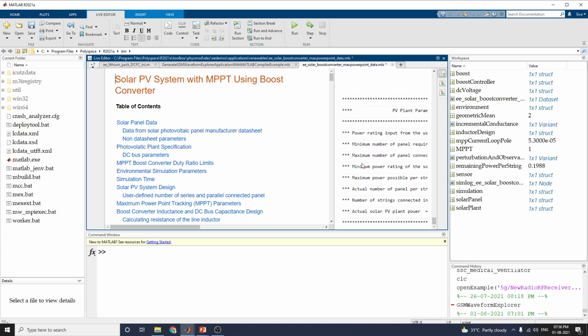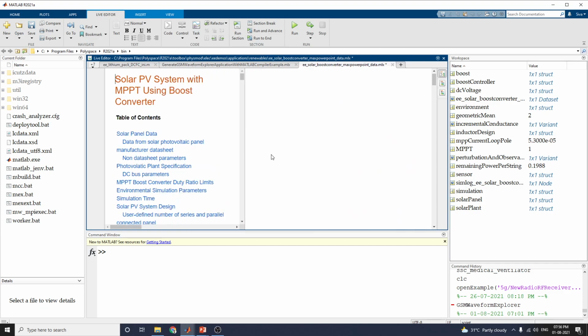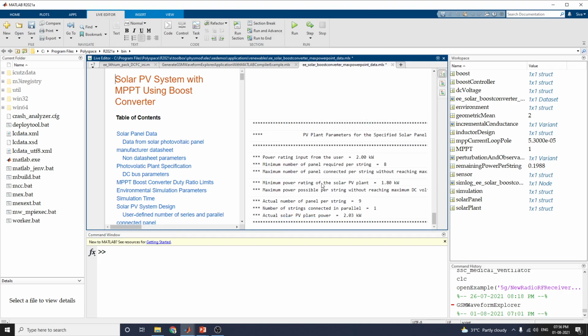Here the table of contents is given. Here the input values we took are shown. These are the parameters we have taken here. This is the workspace. After entering this, we can get the data from the solar photovoltaic panel and also the specification.